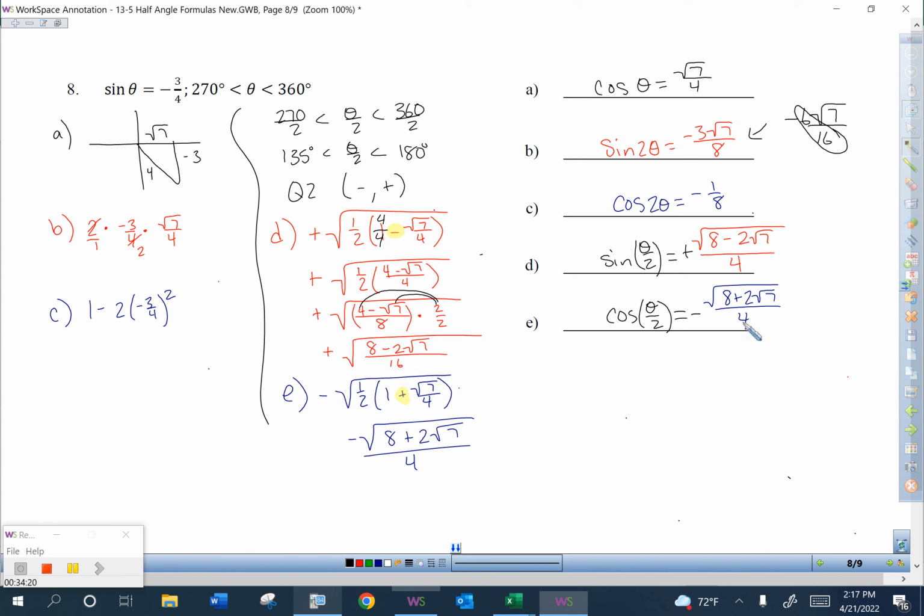So the 4 comes out. Bottom part, remember the square root of 8 cannot break down because it is on the top with something else. You have to subtract first. It's not allowed. Now what I want to do on part E, we have to work hard on these problems